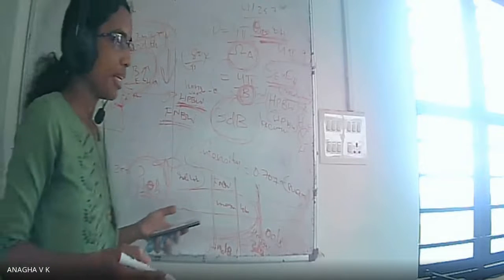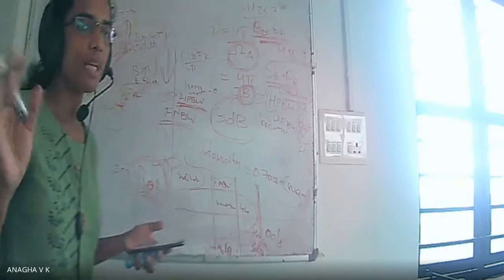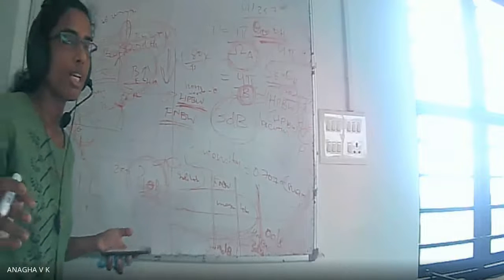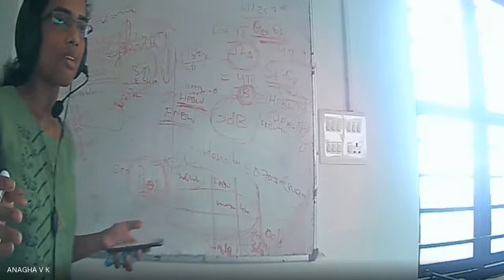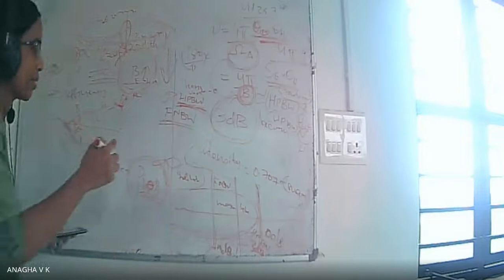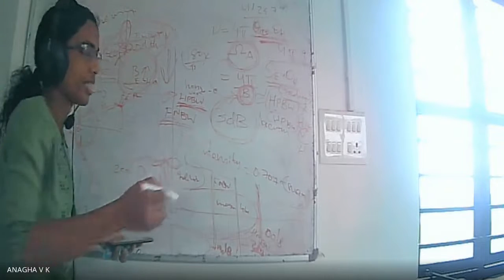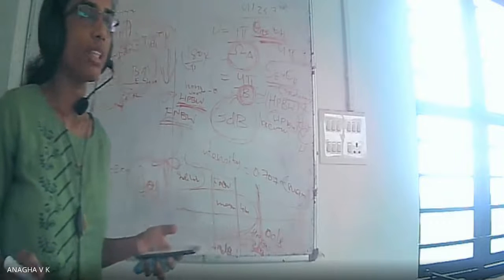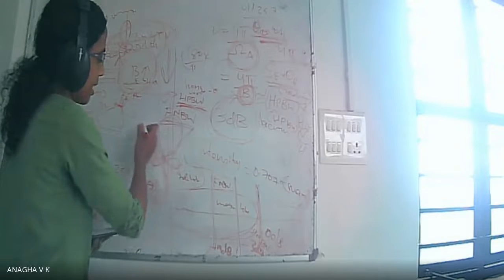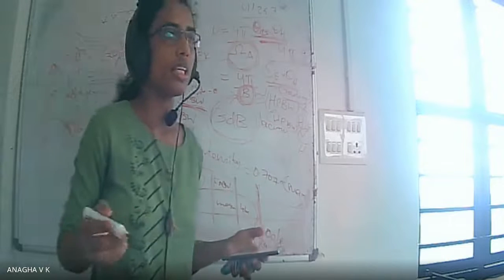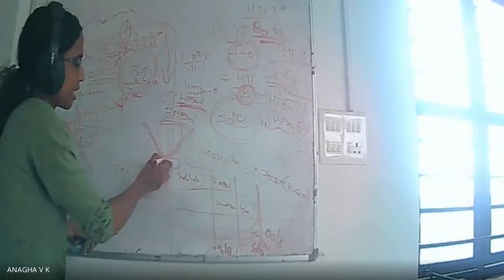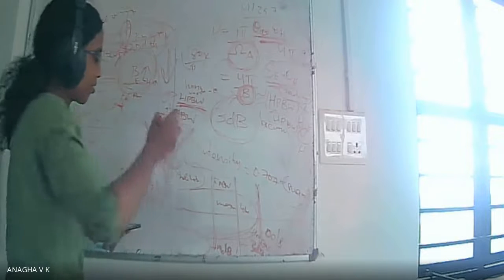What is antenna beamwidth? It is the angular separation between two similar points on the radiation pattern. What is half power beamwidth? It is between two similar points on the radiation pattern having half of the maximum radiation intensity. Next is first null beamwidth. It is the width between the first nulls, where the power is 0.